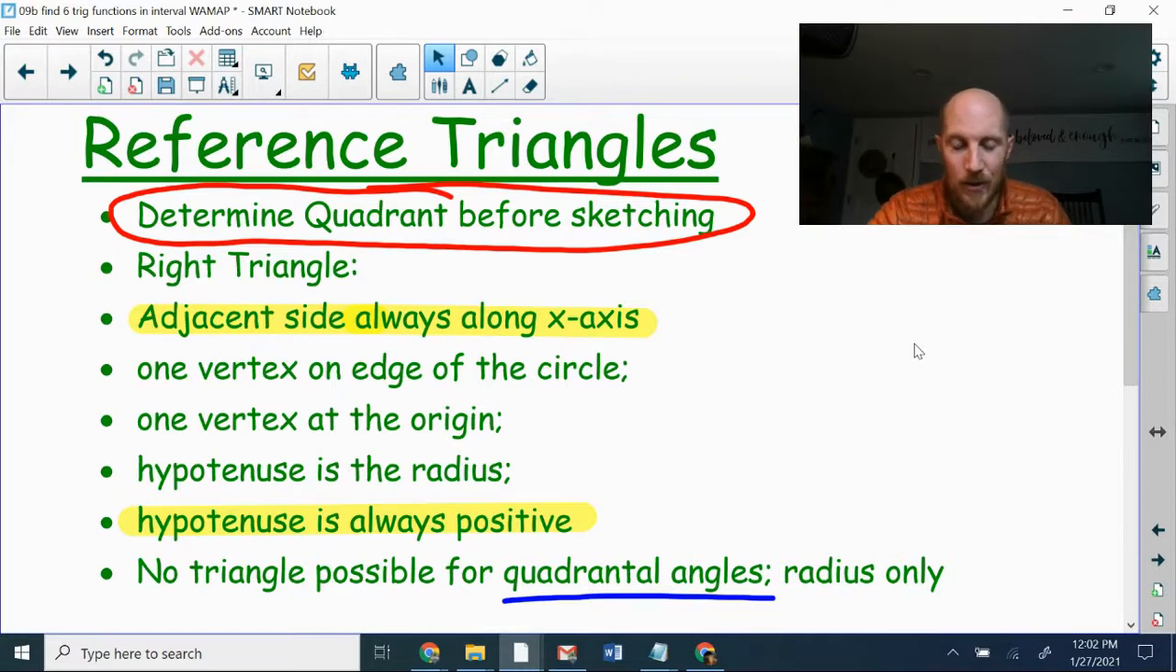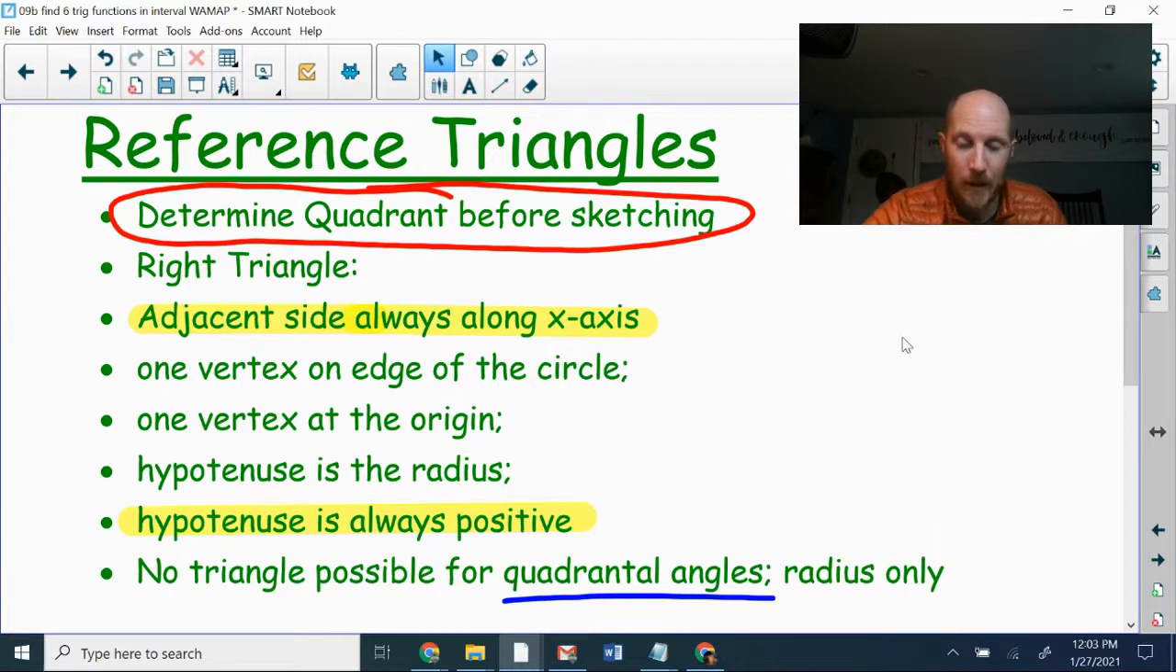and then you'll stop partway out to the edge of the circle, hit your 90-degree angle, and turn either up or down. And once you hit the edge of the circle, that'll be your third point, your third vertex of the triangle. Finish up the triangle. Hypotenuse is always going to be positive,